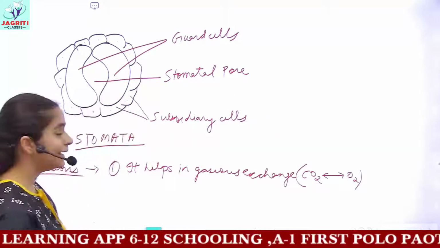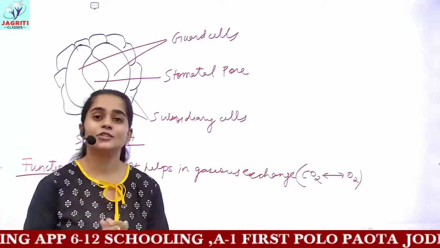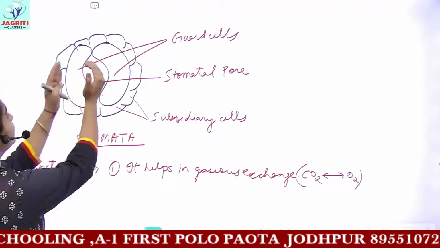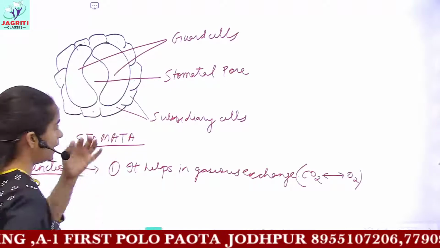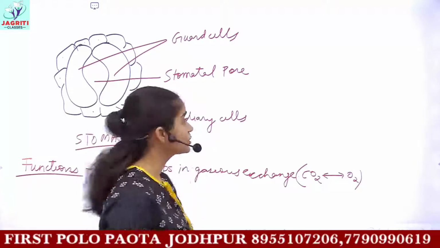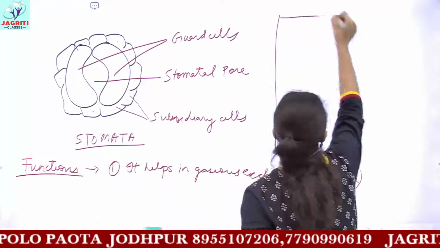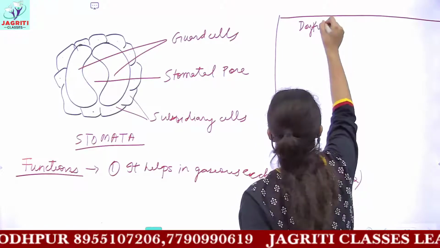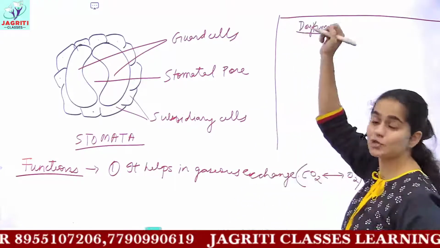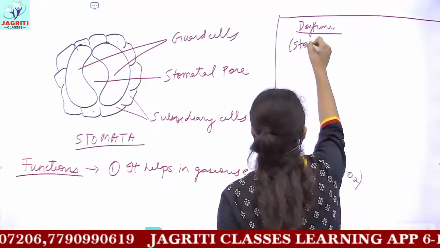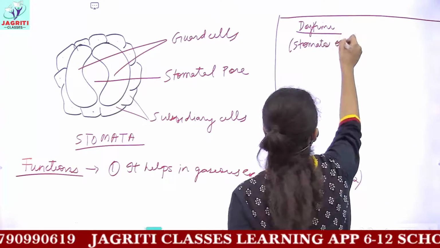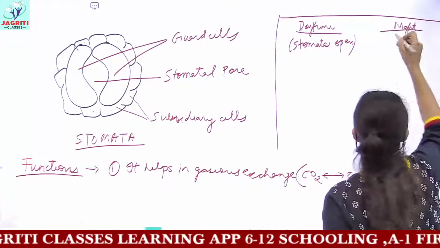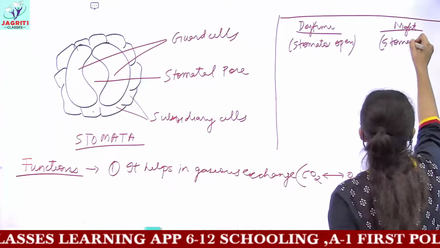You know that during daytime the plant requires to do photosynthesis to prepare its food. Then during the daytime this stomata opens up. There are even two diagrams given in your books about the open and the closed stomata. During daytime, when you have the photosynthesis process going on, the stomata remains in open condition. But during the night, when no photosynthesis is seen, the stomata remains in a closed position.